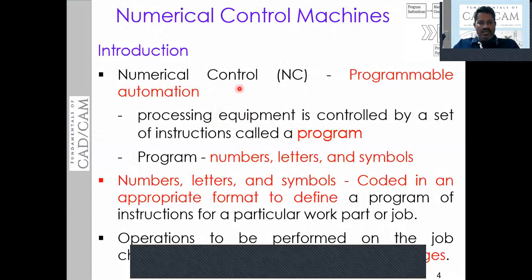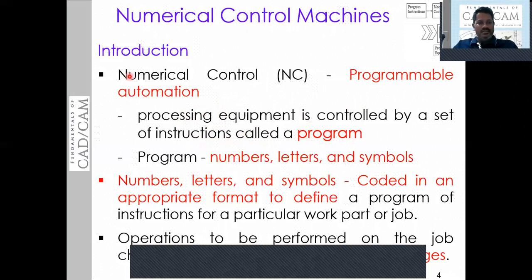Numerical control is a programmable automation in which the machines are controlled by the processed instructions. Those instructions are called a program. The program includes numbers, letters, and symbols.